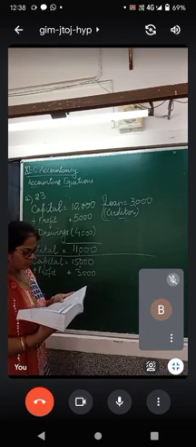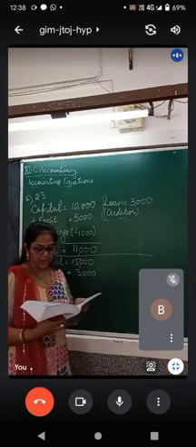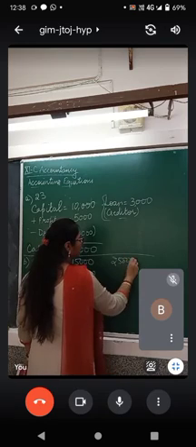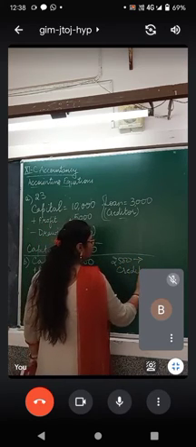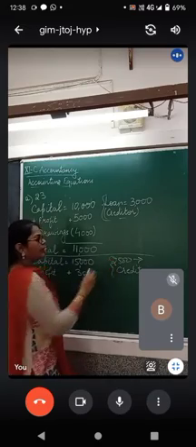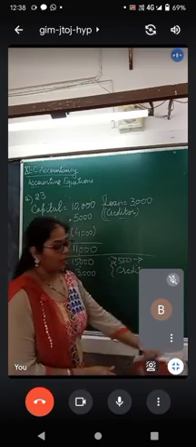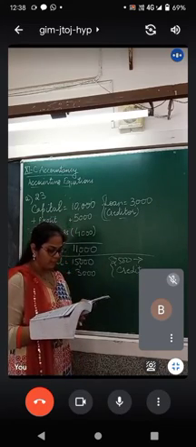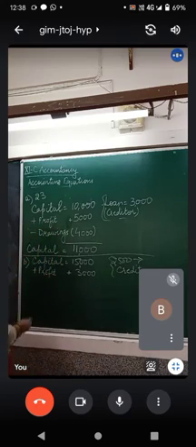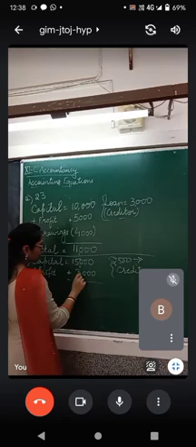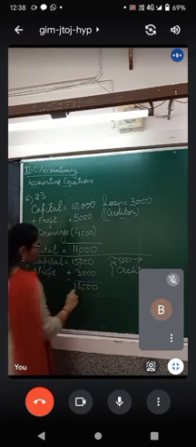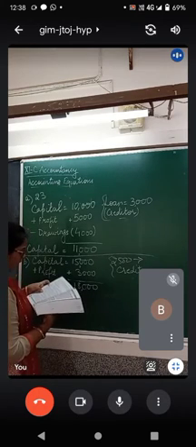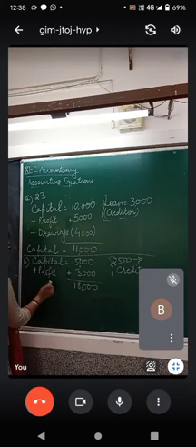He owes rupees 2,500 to suppliers. He owes rupees 2,500 means this 2,500 rupees is for a creditor. He owes means he has the responsibility to pay this 2,500 rupees. Now what we are doing in the question, we have to calculate the assets of the business, which means we have to write down the amount of capital minus, drawings are not there. Along with capital, what else is there?